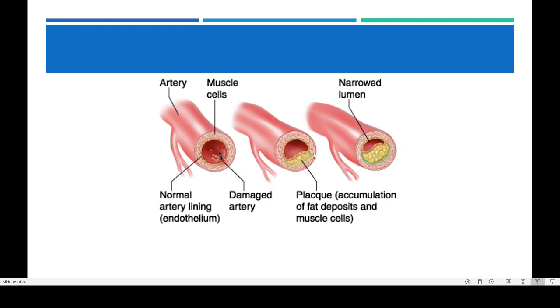Now, what happens in the case of arteriosclerosis is that there will be fat deposition or cholesterol deposition, and cholesterol will be settling or depositing on the inner wall of the artery like this. So, when too much cholesterol is deposited like this, the space inside the artery, which we call the cavity of the artery or lumen of the artery, will get reduced. So only a little amount of blood can pass through that artery. So that is basically what we call arteriosclerosis, and it is actually promoted by the presence of too much cholesterol